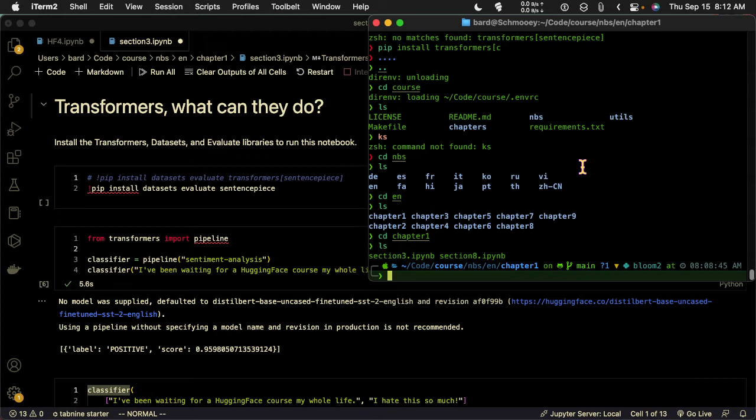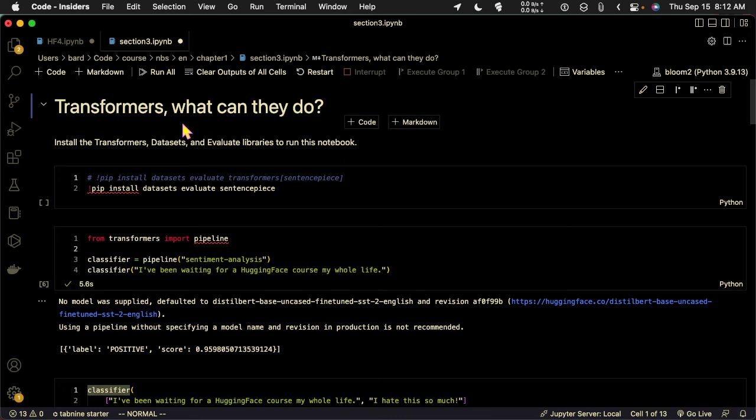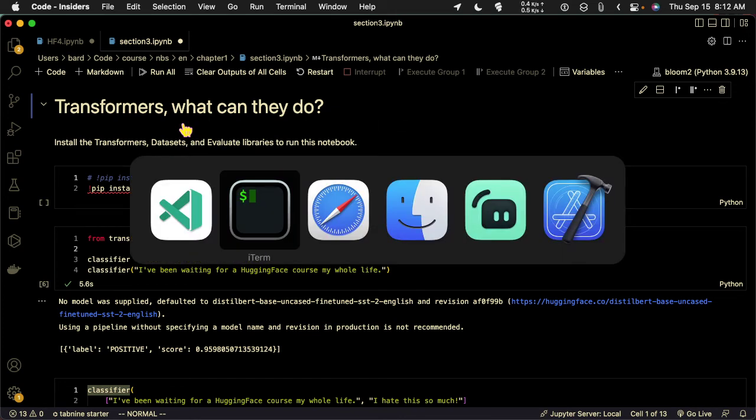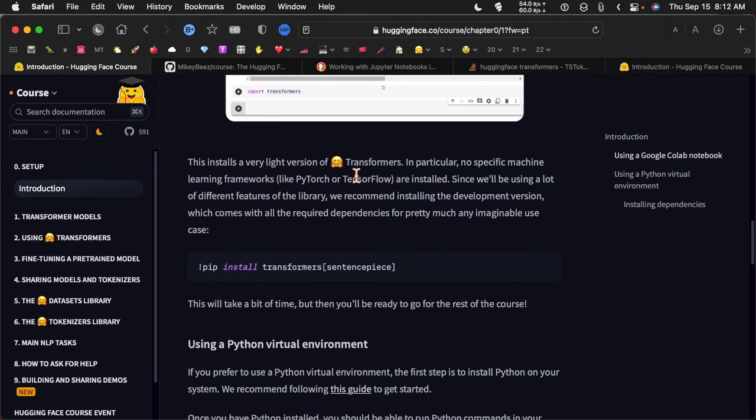So that's a pip install transformers, just like that. And you can run that, and it says I've already satisfied all that. That's fine. So what else do we need besides transformers? Well, we're going to need PyTorch or TensorFlow. I use PyTorch primarily, and I believe that there is,